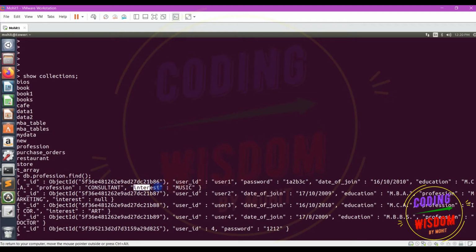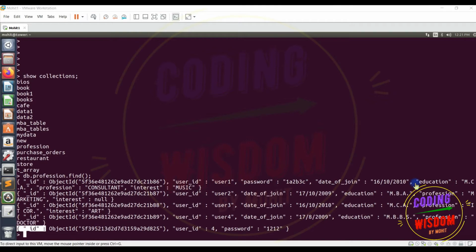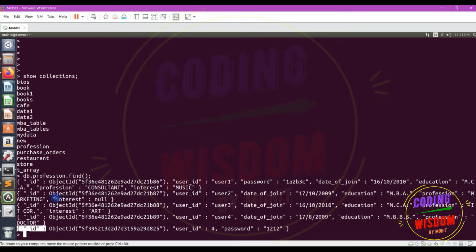Here you can see interest music. Here you can see interest null, interest art, and you can see there is no field called interest in this one and this one. Consider you want to find the documents in which interest equals null or doesn't exist. So in this situation, we can use